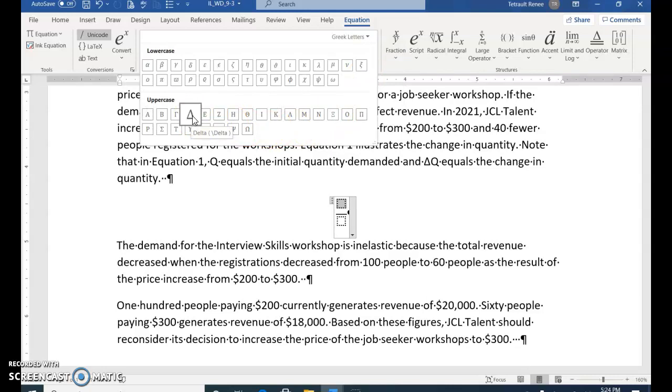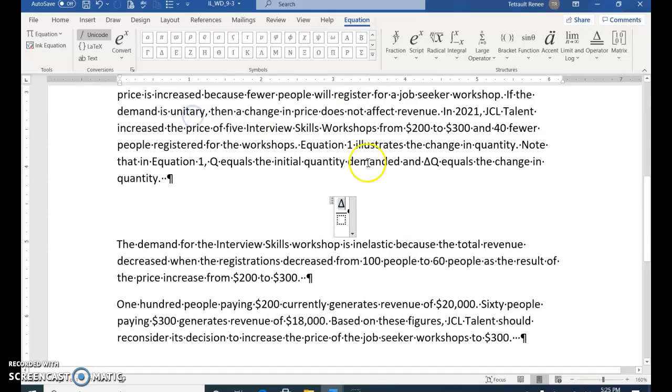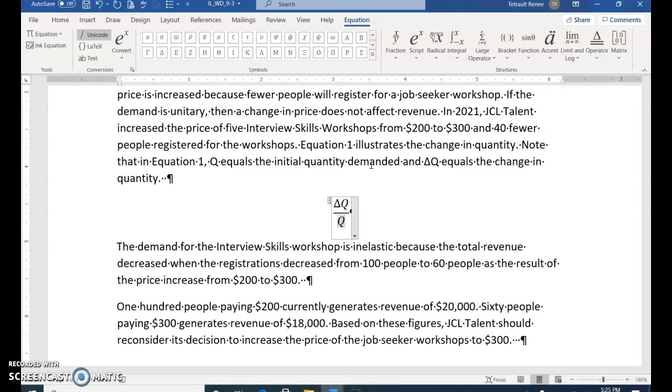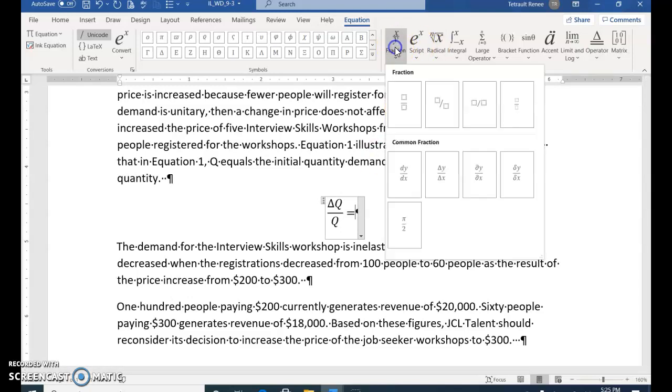symbol. So it's uppercase, so click the delta, and then you'll type the letter Q, and then to get to the numerator you can click the bottom shaded box or press your down arrow, and this will be capital Q, and then use your right arrow followed by the equal sign, and we need another stacked fraction, so click fraction,